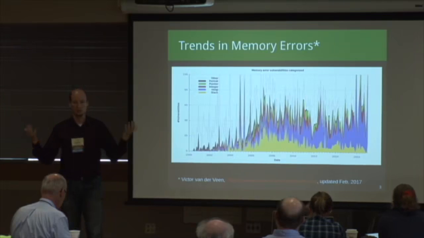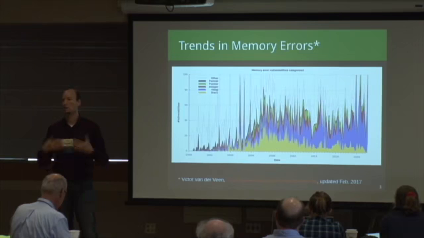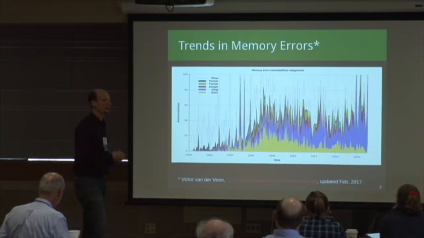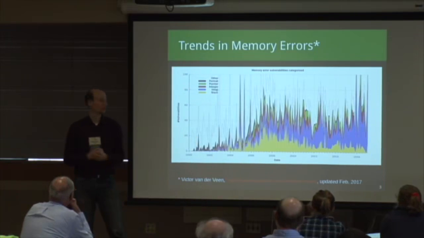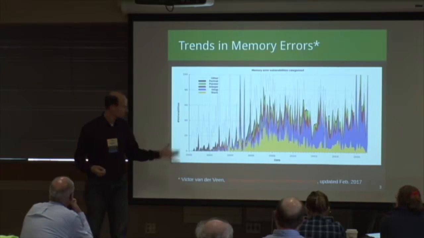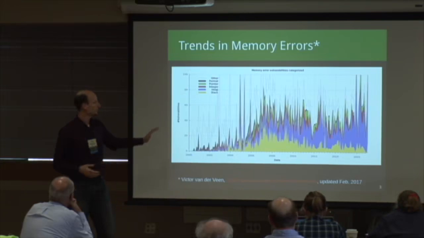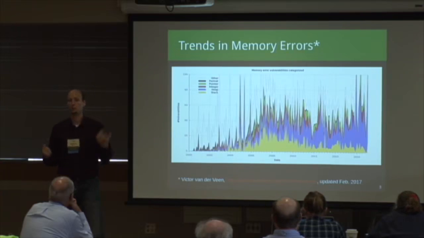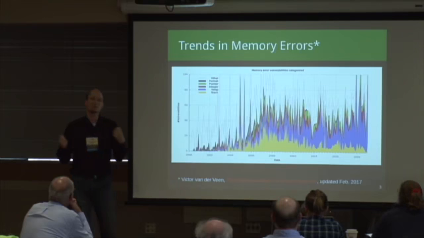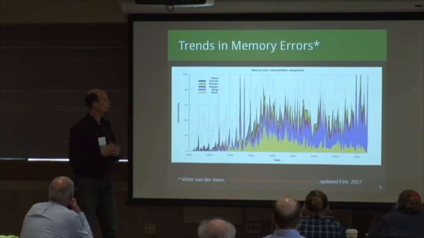Memory corruption, if you're thinking C or C++, is some type safety violation or some memory safety violation: if you read out of bounds, if you have a function pointer that is not being used in the right way, or if you have any other corruption that is happening. Here, this is work by Victor van der Veen at Vrije Universiteit in Amsterdam. He plotted all the vulnerabilities and exploits that were reported over the last 16 years.